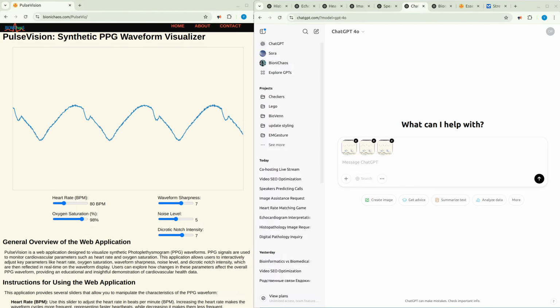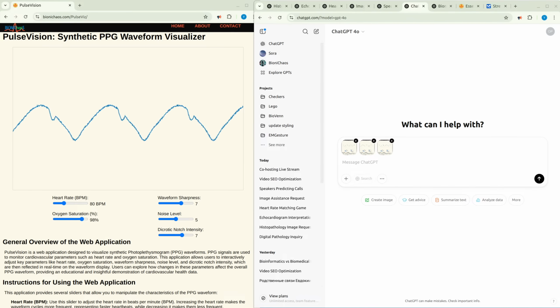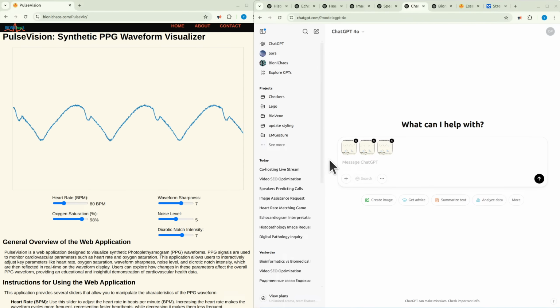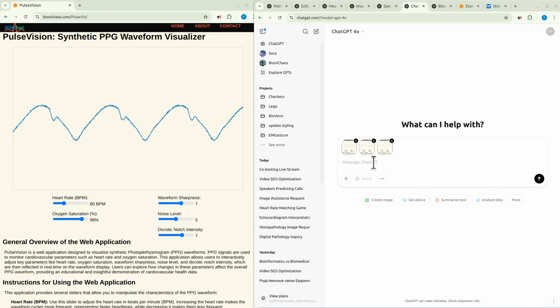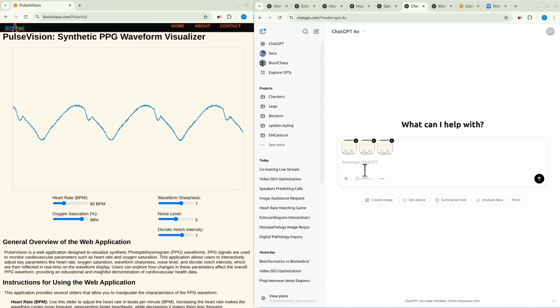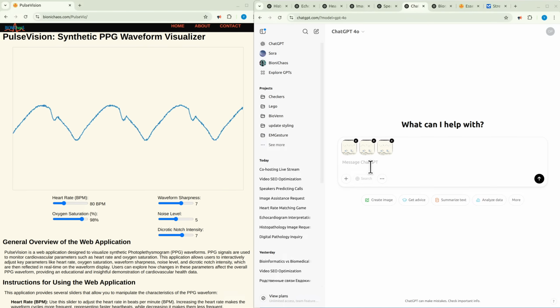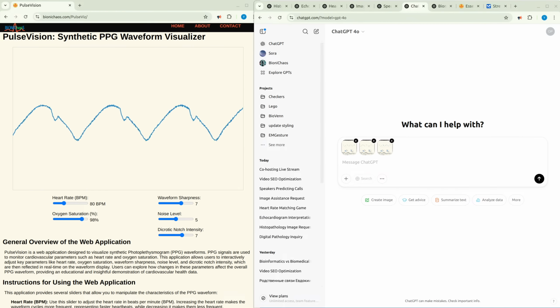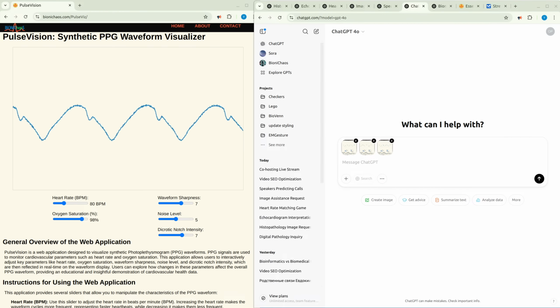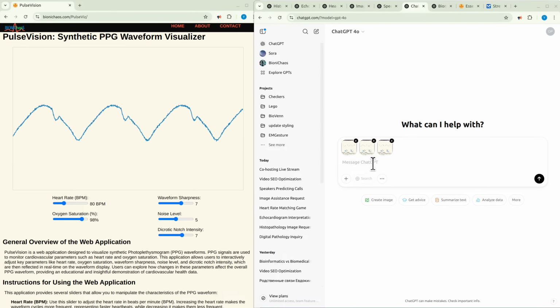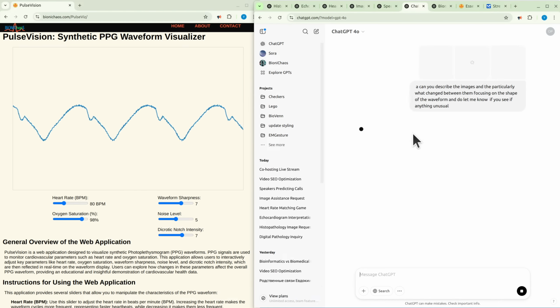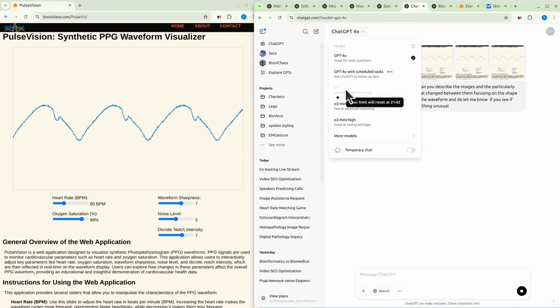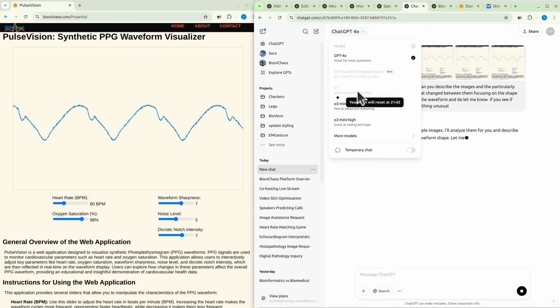Hey, can you describe the images and particularly what changed between them, focusing on the shape of the waveform, and do let me know if you see anything unusual. So this will be for all. We timed out on O1.